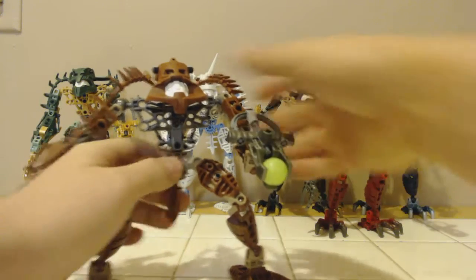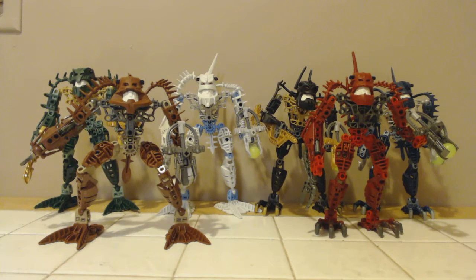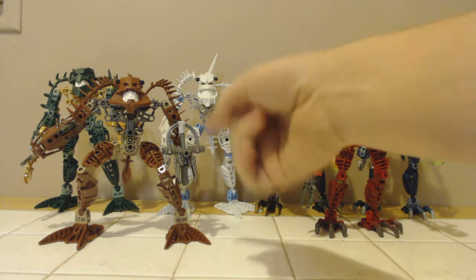The other function is, if you look closely, I have to kill the light here. Light up eyes. Each Piraka has light up eyes, and that looks pretty badass. And I just dropped the thing, and I'm not picking it up right now. Another function these guys have that you can't quite make out here is glow-in-the-dark teeth. Let me see if I can. I don't know if you can tell, but the teeth do glow in the dark, and that's a neat little feature. And the last function these guys have would be in this little weapon here, which I dropped the ammo